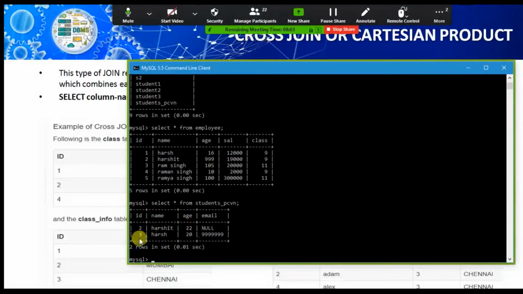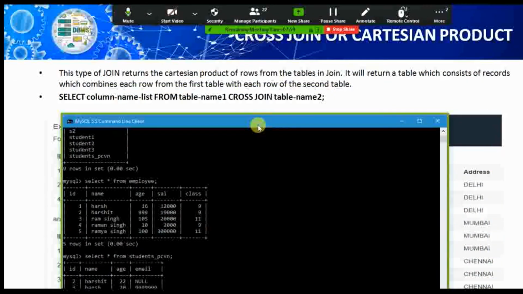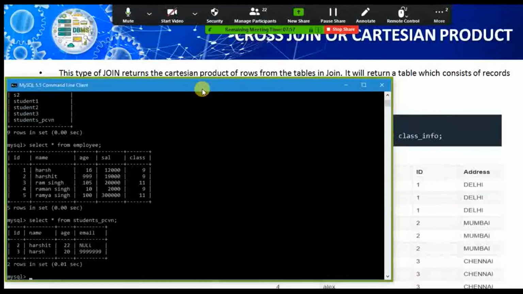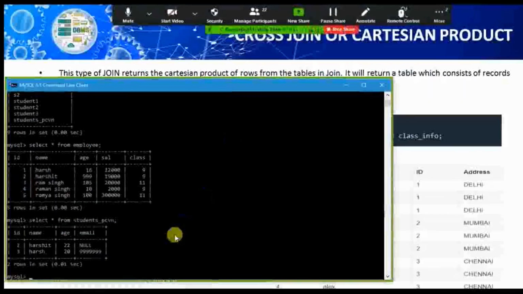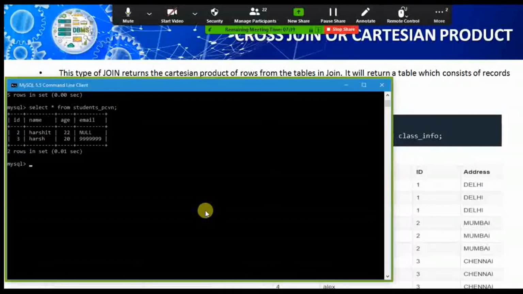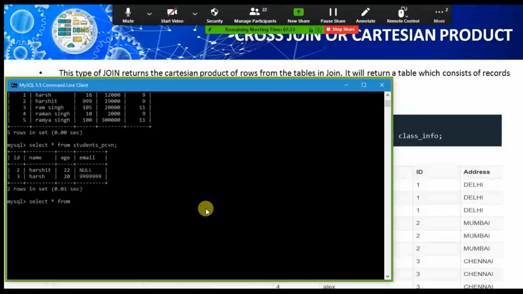So let's perform the cross joining. For cross joining, what query do we need to write? We need to write select. If you want to merge all the columns, then asterisk. After that, from the first table cross join and the name of the second table.